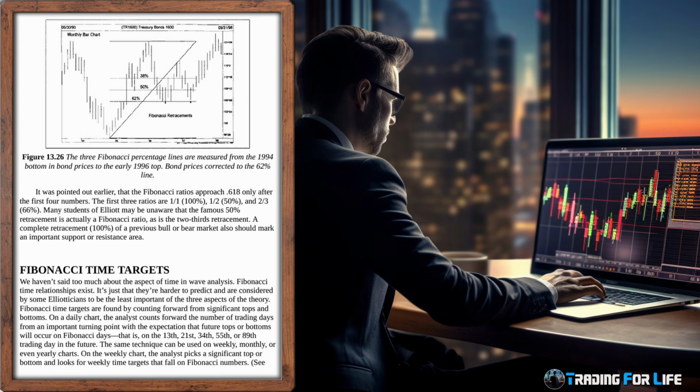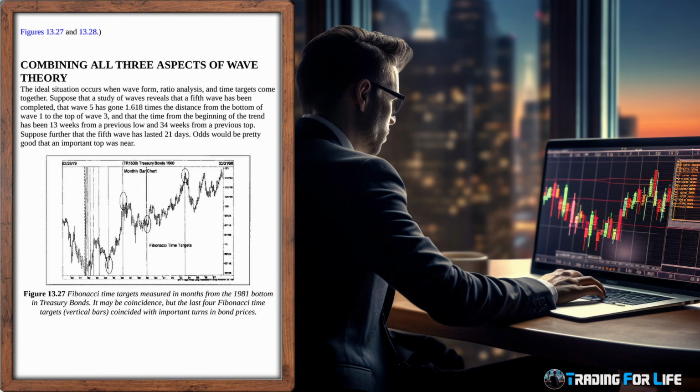The same technique can be used on weekly, monthly, or even yearly charts. On the weekly chart, the analyst picks a significant top or bottom and looks for weekly time targets that fall on Fibonacci numbers. See figures 13.27 and 13.28, combining all three aspects of wave theory. The ideal situation occurs when waveform, ratio analysis, and time targets come together. Suppose that a study of waves reveals that a fifth wave has been completed, that wave 5 has gone 1.618